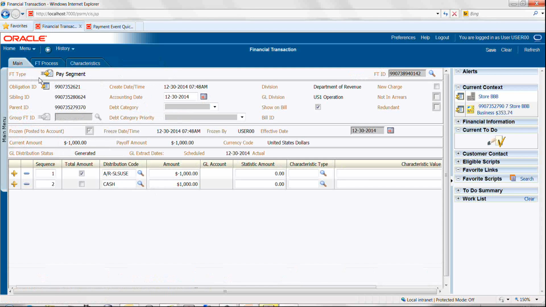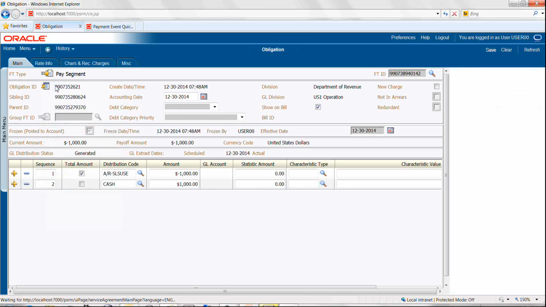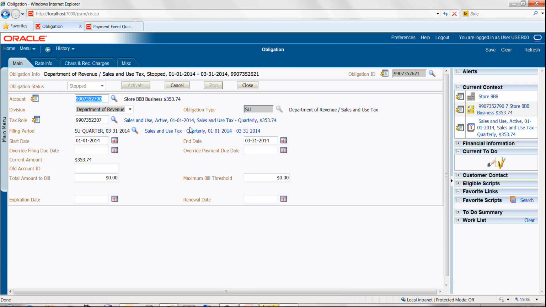Okay, here's my obligation, sorry. I missed that. I should have gone there initially. This is the obligation, and the obligation has an obligation type, as we know. And if I go to the obligation type,